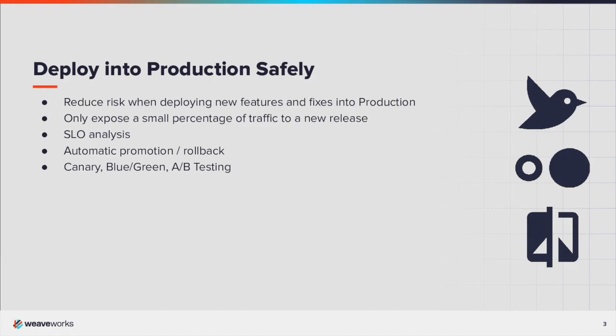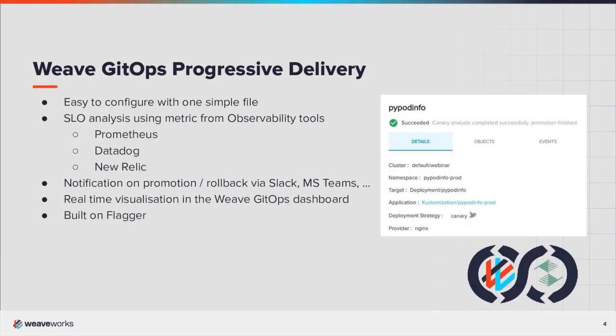In the event of a failed release, only a small number of customers will have been affected, with only a small potential impact on revenue. Many DevOps teams are reluctant to implement progressive delivery due to the perceived extra complexity. Weave GitOps Progressive Delivery, built on Flagger, is fully automated and configured with just one simple file, managed by GitOps,